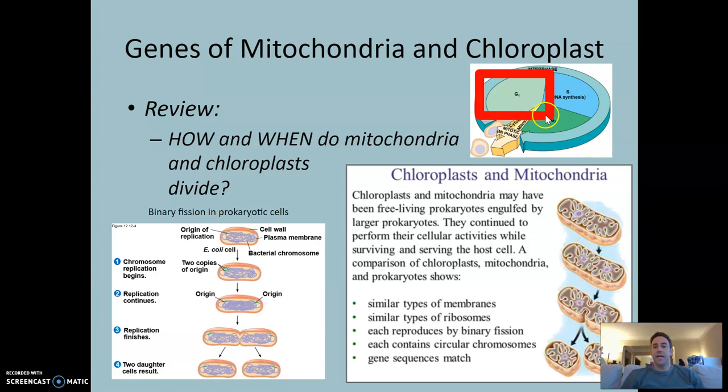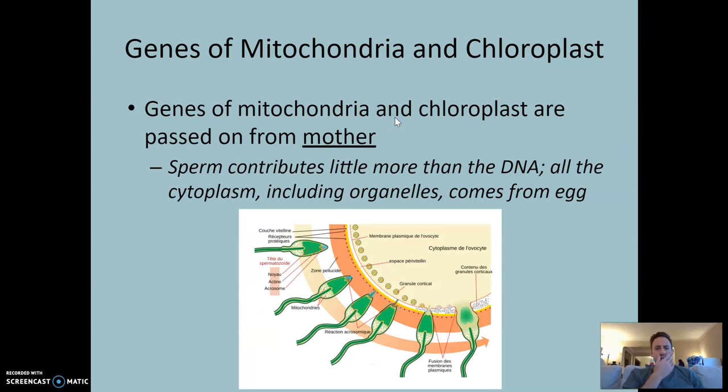When does that happen? It actually happens in the G1 phase of the cell cycle, growth. So as the cytoplasm is growing, these mitochondria and chloroplasts are dividing as well, so that there's basically double the number, so that when that cell splits, the new cells both each have their own thing. Note that this is happening before the DNA in the nucleus is copied in the S phase, and certainly well before mitosis occurs. So for these genes of the mitochondria and chloroplasts, basically, they are passed on directly from the